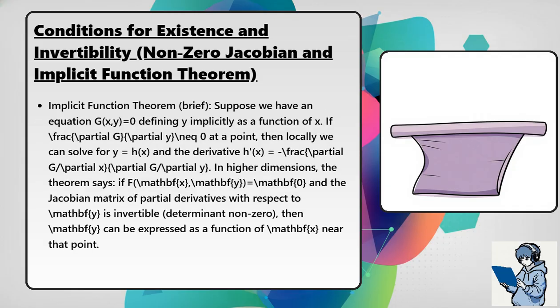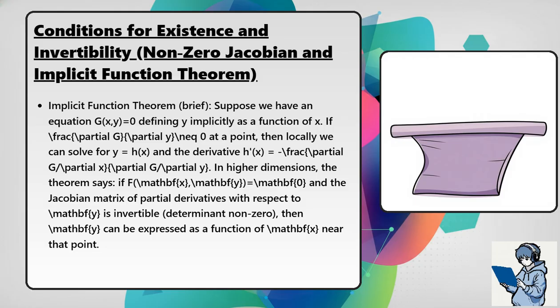Implicit function theorem, brief. Suppose we have an equation g of x and y equals 0 defining y implicitly as a function of x if partial g with respect to y is not equal to 0 at a point. Then locally we can solve for y equals h of x, and the derivative h prime of x equals negative the partial g with respect to x divided by the partial g with respect to y. In higher dimensions,